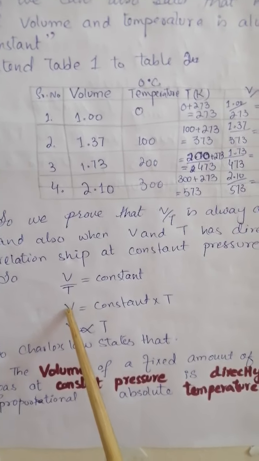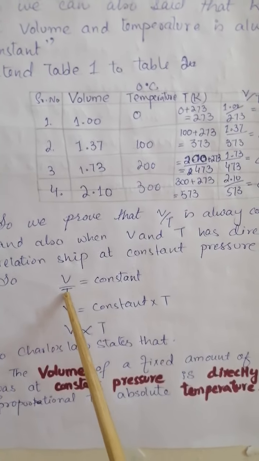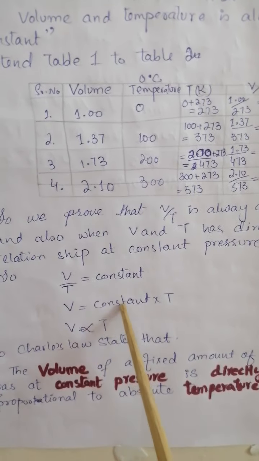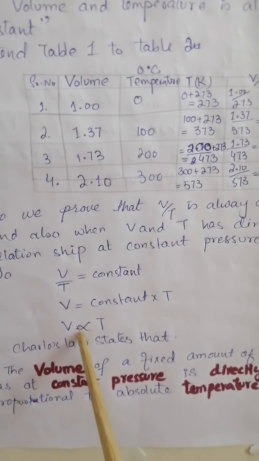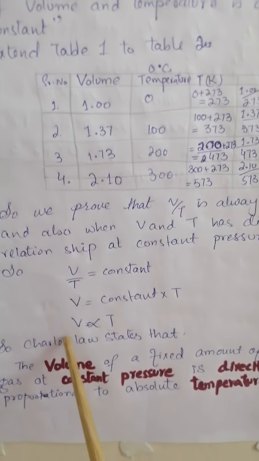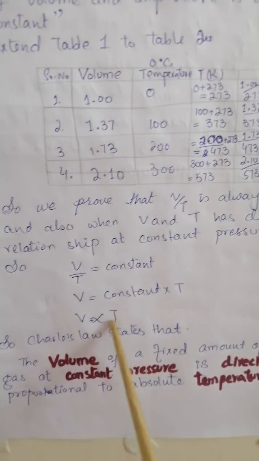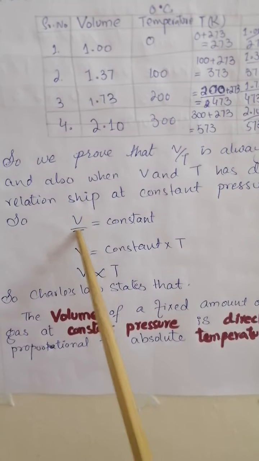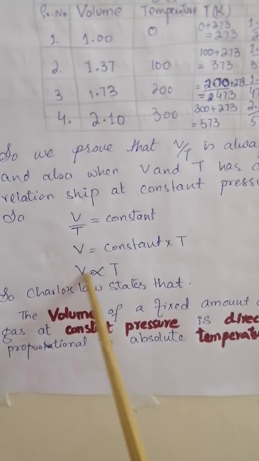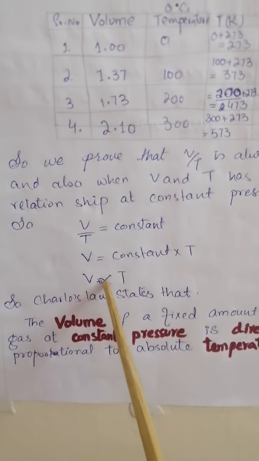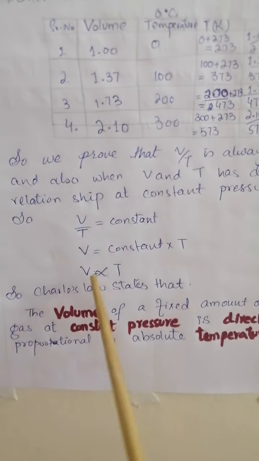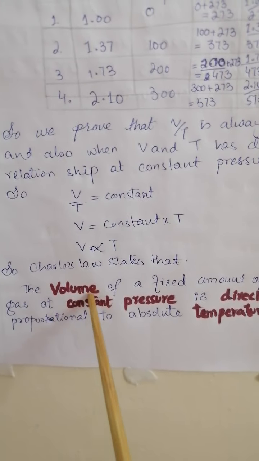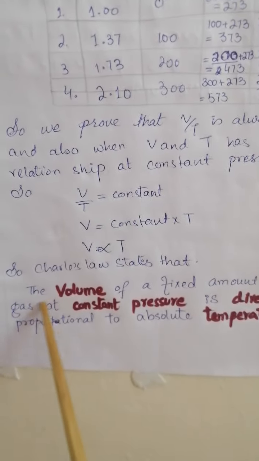We put T over there, so we get this, and replace the constant with the proportionality sign, so we get V directly proportional to T. So we also check that V by T is only constant if there is a direct relationship between volume and temperature. So Charles' law states that the volume of a fixed amount of a gas